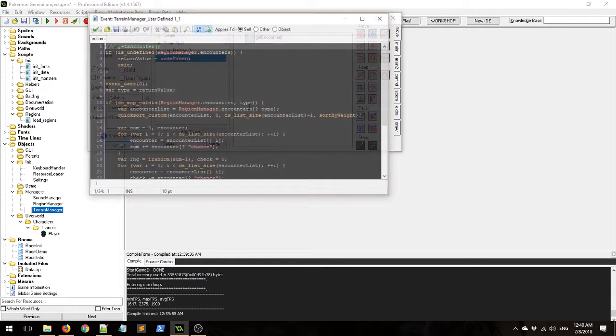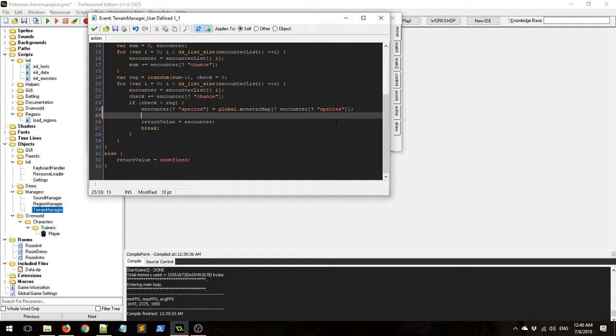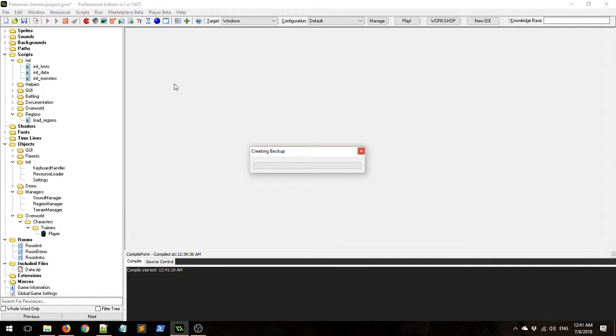What we need to do is, so that's going to be a number, and that's going to be the index in the monster list. So instead, we need to do encounter species equals global monster list encounter species. The reason we're saying encounter species a lot is just because we're replacing that one variable, right? So we have encounter species, which is just going to be the name of the species, and then we're going to replace that with the lookup from the map, which will be an index on the list. So then we replace it again with the value at that index on the list. So now, if all goes well,